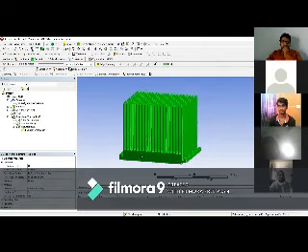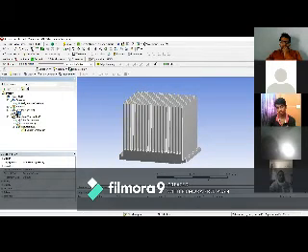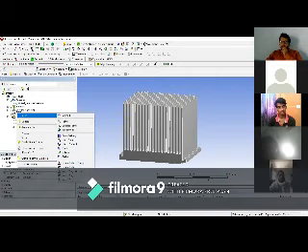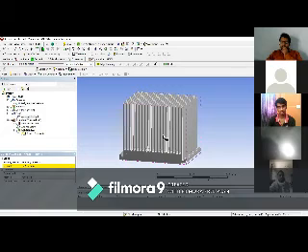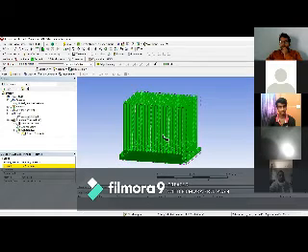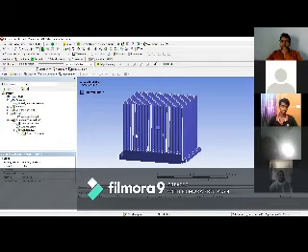Go to the mesh, right click on the mesh, insert, and go to the method. Click on the method, then select this geometry. Go to the selection, no selection area. Click on apply. So the geometry has been automatically selected for the method. Then again go to the mesh.